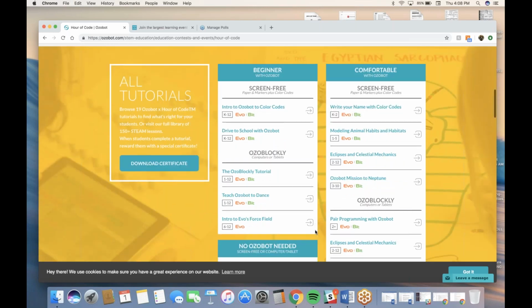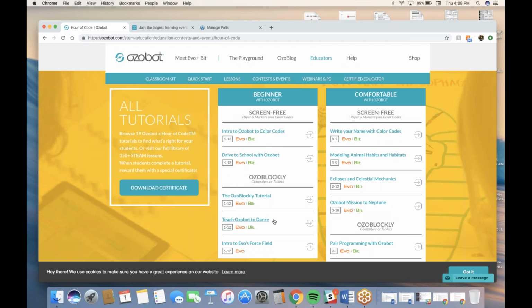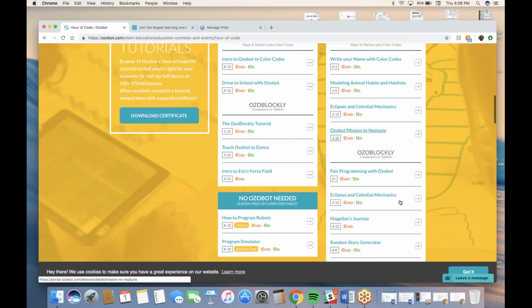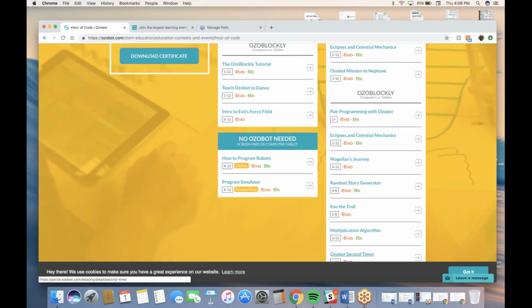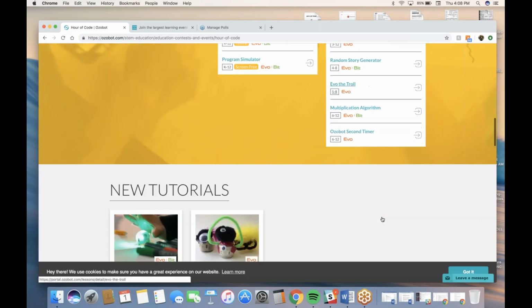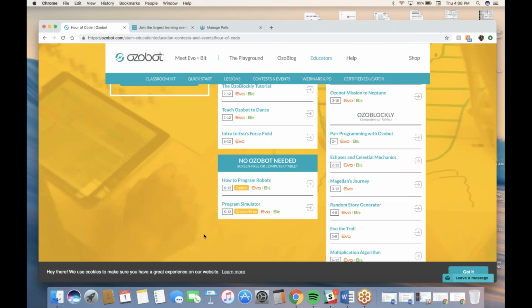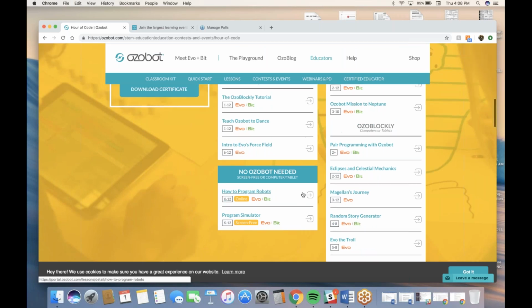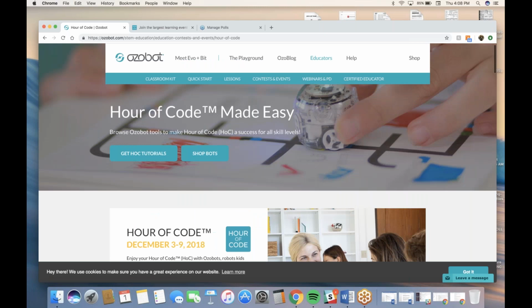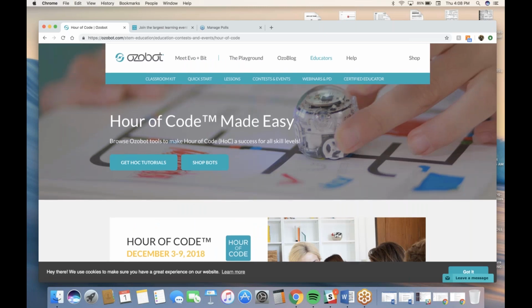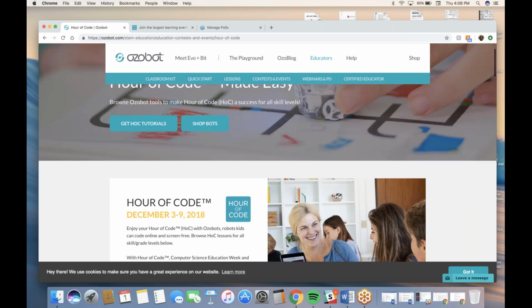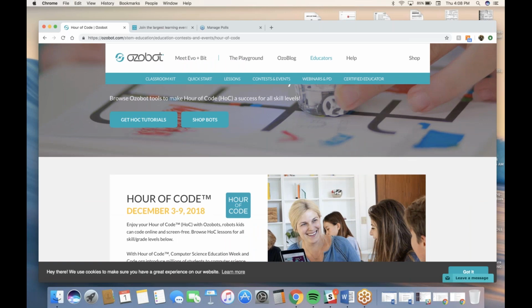You'll also see that we've broken down the lessons by beginner with Ozobot, comfortable with Ozobot, and then this section is using it with Ozoblockly, so on the computer or the tablet. And then we have no Ozobot needed, which would be the screen-free markers and paper or computer tablet, but you do not need the physical device with you. So this is our code page. Come here, browse through it, take a look. Some of the lessons that Teresa is going to be going over later are located in this